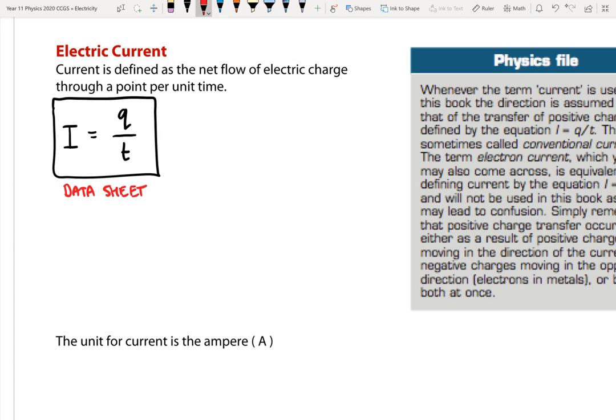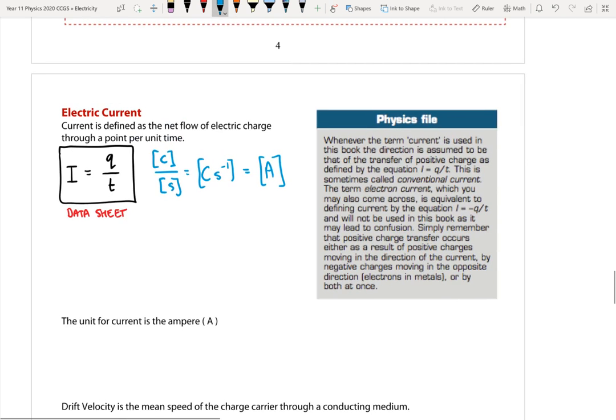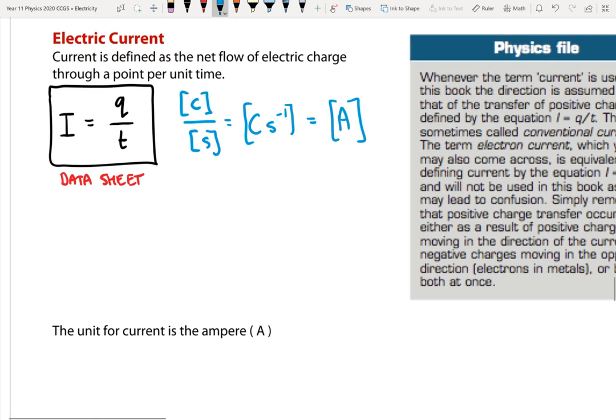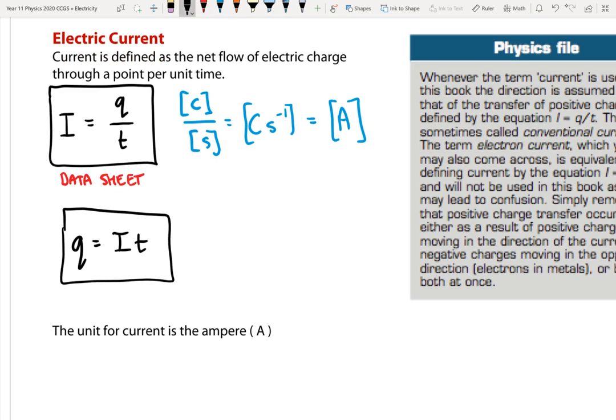All right? And we have the dimensional analysis, coulombs per second equals coulomb per second. Okay? Well, we're going to name that an amp. Capital A, named after a dude, Ampere. Okay? You can rearrange this equation whichever way you want. One common way is Q equals IT. Okay? This is your rate multiplied by time gives you the number of events. Okay? So if we've got coulombs per second, multiply it by our unit of time, then we'll get our answer